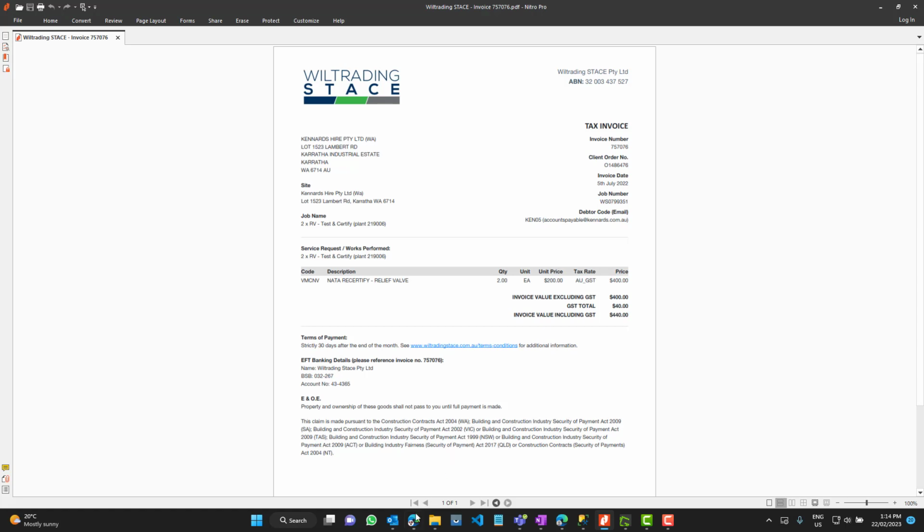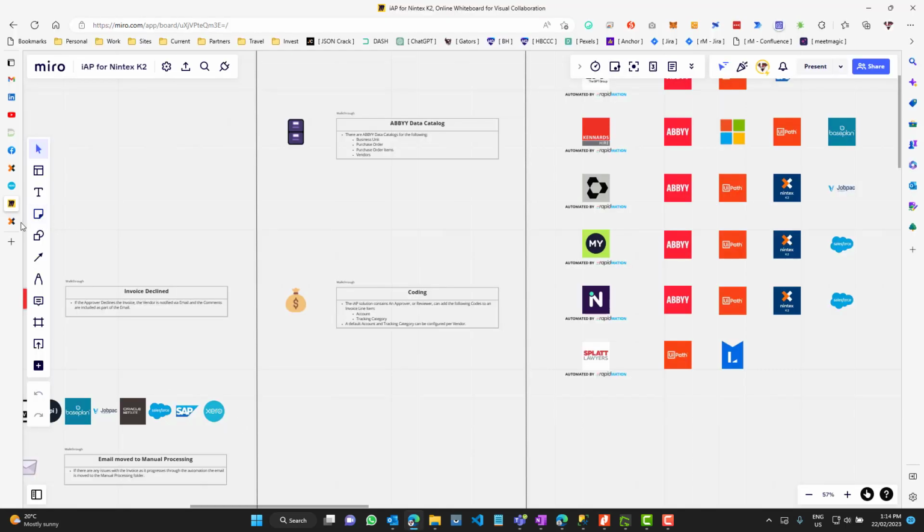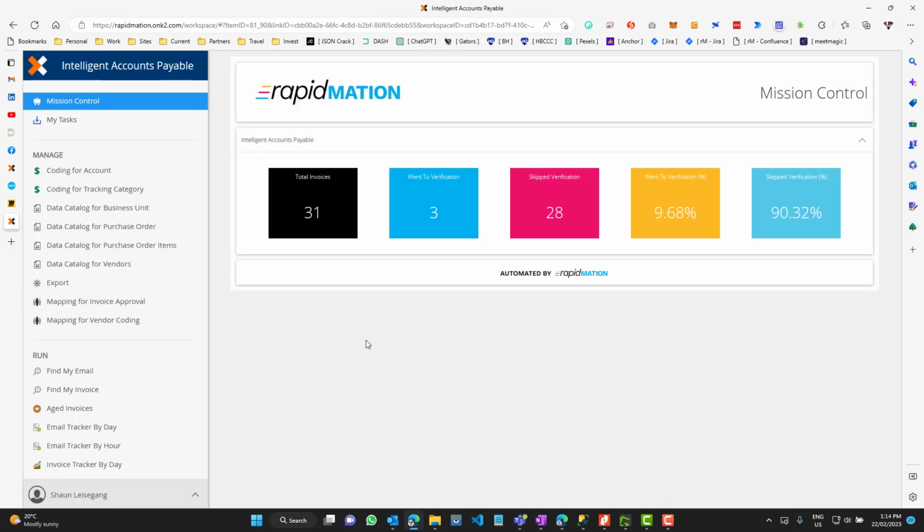Now, first up, let's go have a look at some of the solution building blocks. So this is the landing page of the Intelligent Accounts Payable solution. There's a vast variety of different reports that we can surface inside here. But the first thing that I'd like to take you through is this mapping